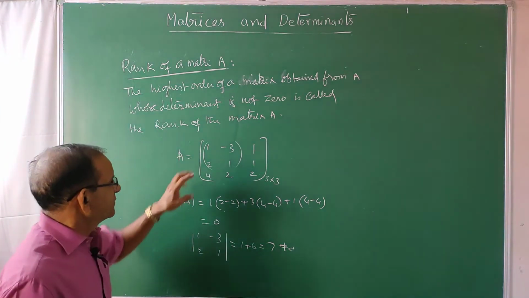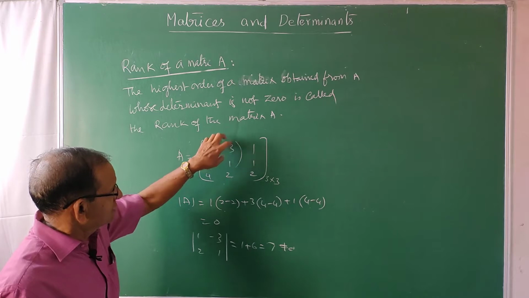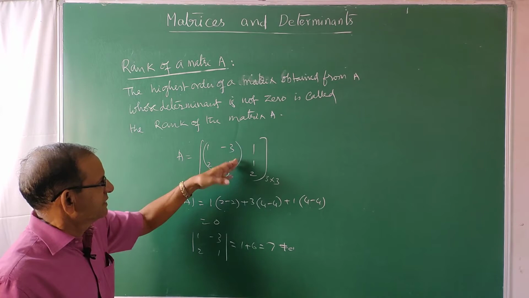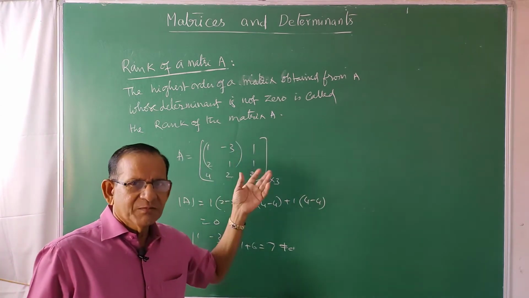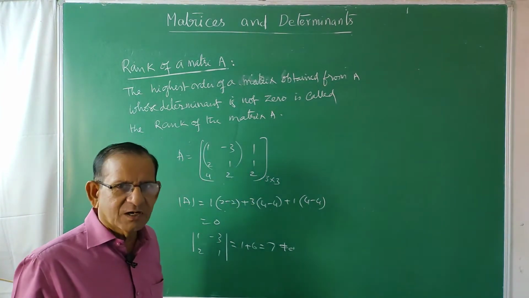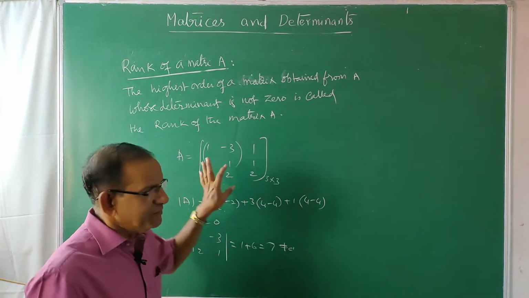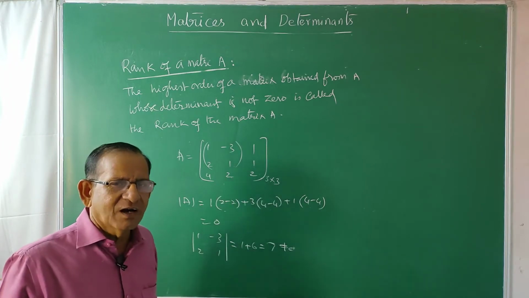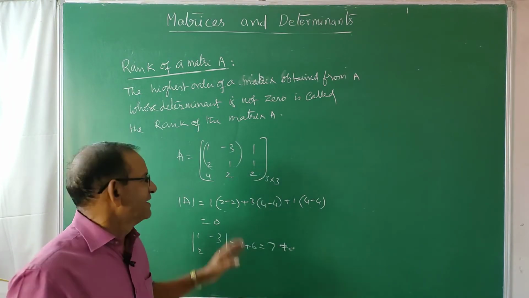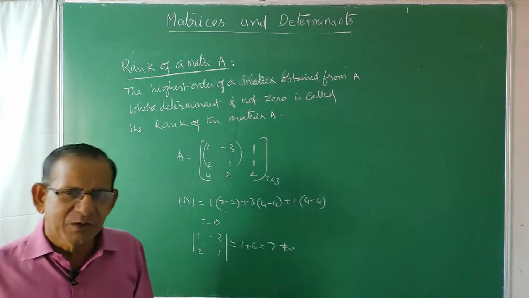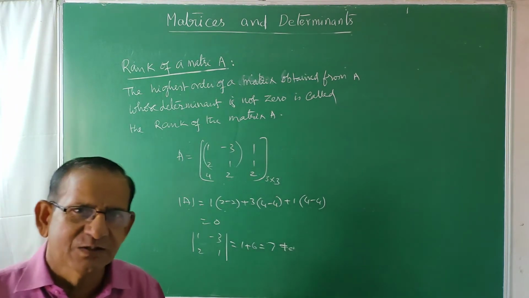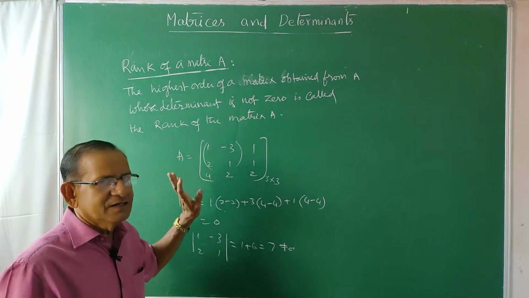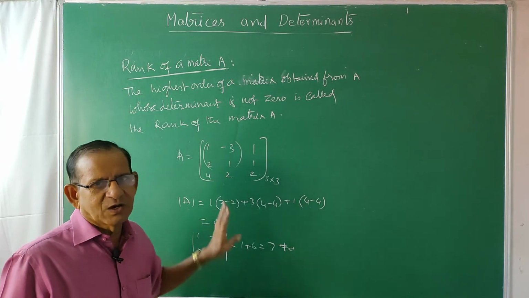Suppose you take this, it is not 0; if this is 0, this is also 0 and this is also 0, but in some matrix it is not 0. If one matrix of 2 by 2 order obtained from this is not 0, then rank is 2 only. If all the 2 by 2 matrices obtained from the elements of this one are equal to 0, then its rank is 1 only. If the determinant of any 2 by 2 submatrix of this matrix is 0, all equal to 0, then its rank is 1 only.